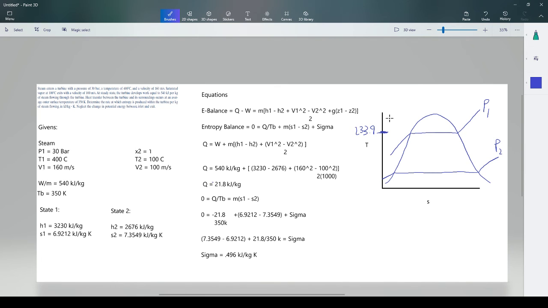The temperature doesn't change. But then we can draw ours up here, right? Which means that we are on that line of temperature, which as you said was 400 C. So this right here is where we are currently, on our first state. Now, where is the next one located? It's right at the boundary of the saturated region and the superheated region down on the second pressure line.